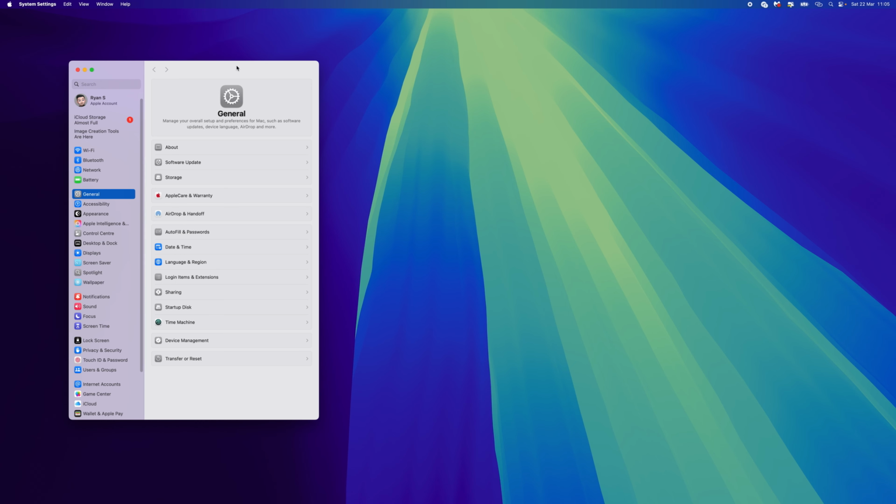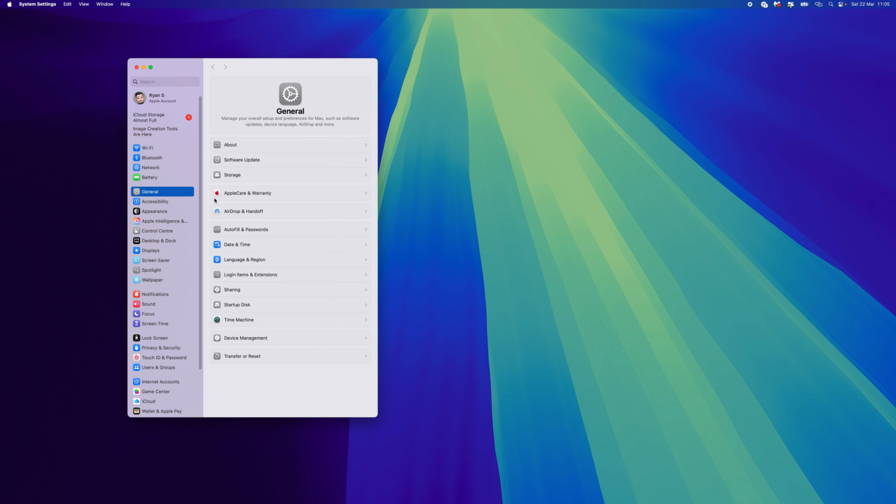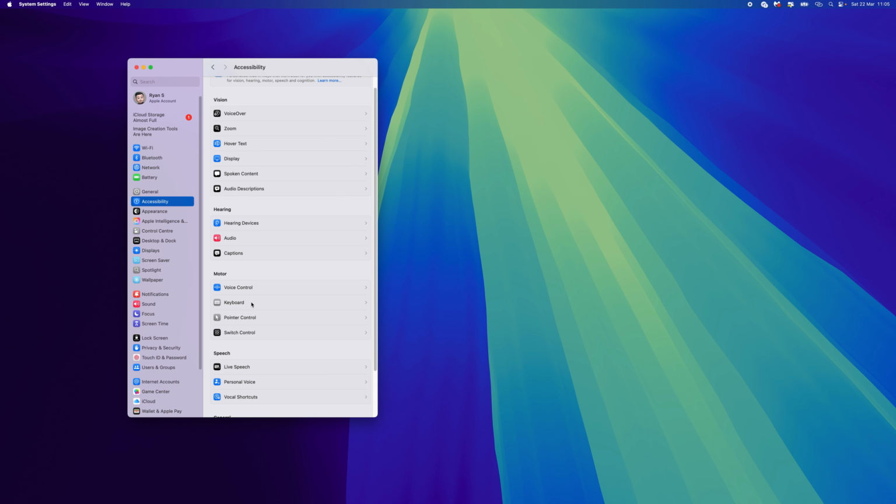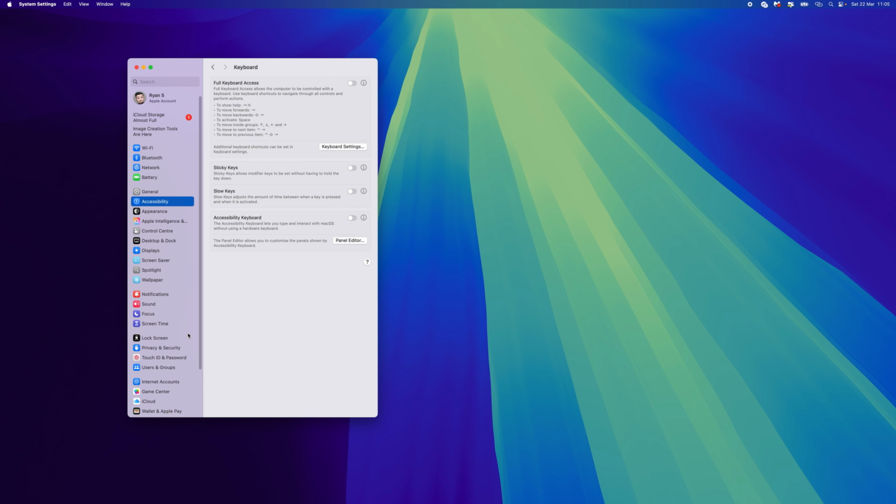And then from here, what you will now need to do is you will need to scroll down until you see the option for accessibility. Click on this and you want to scroll down and then select Keyboard. Once we click on keyboard, what you will then be able to do is go down to accessibility keyboard, toggle